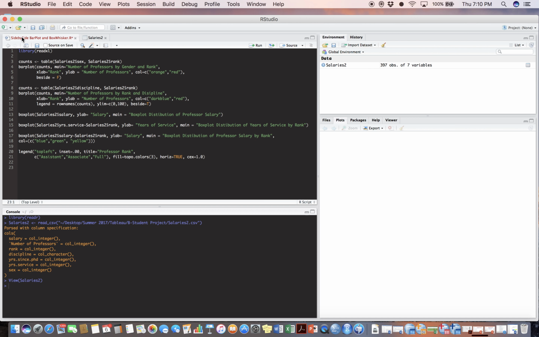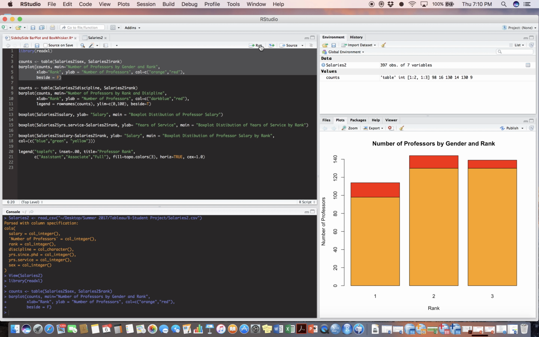Once I do that, I'm going to pop back over to our script file here, and I'm probably just going to go ahead and run our first example here. And this is, again, our bar plot. All right. So the first thing you'll probably notice is that this is not a side-by-side bar plot. This is actually an example of a stacked bar plot,